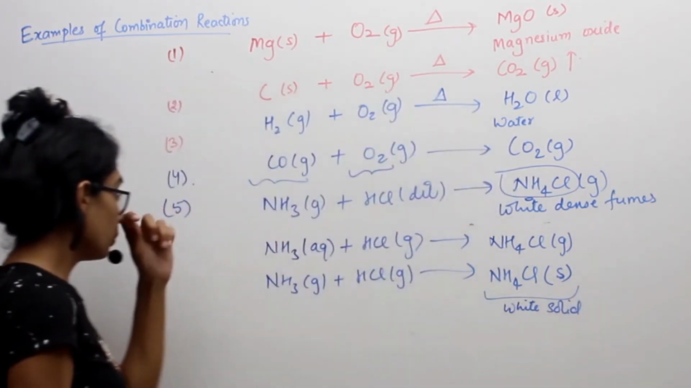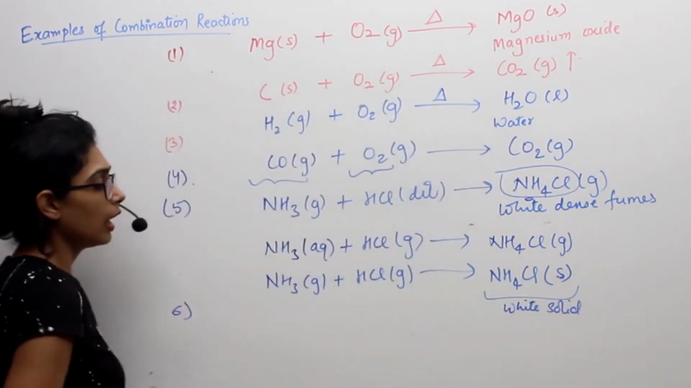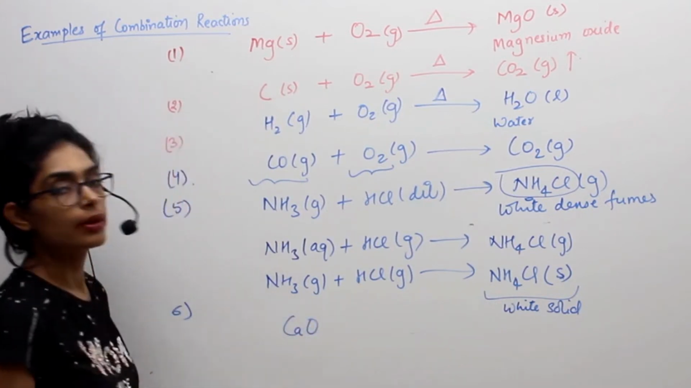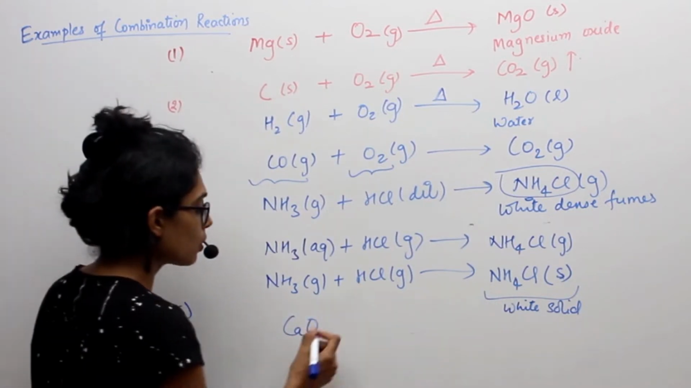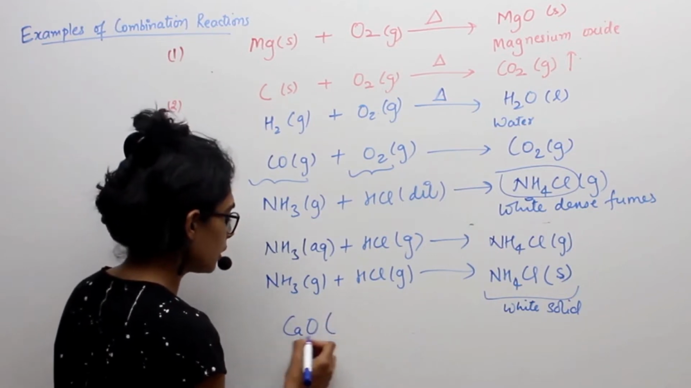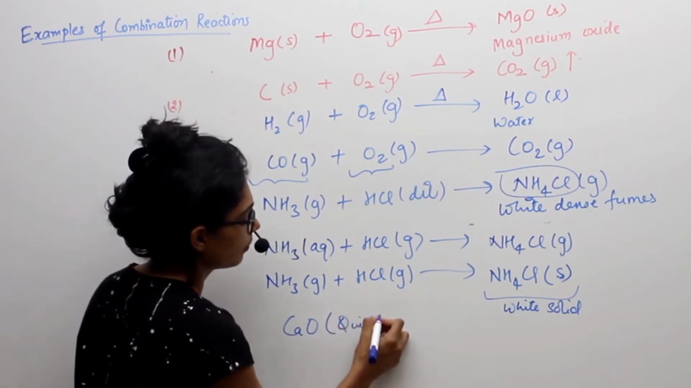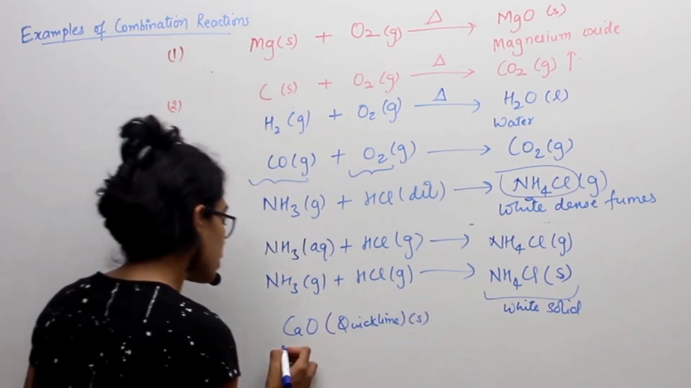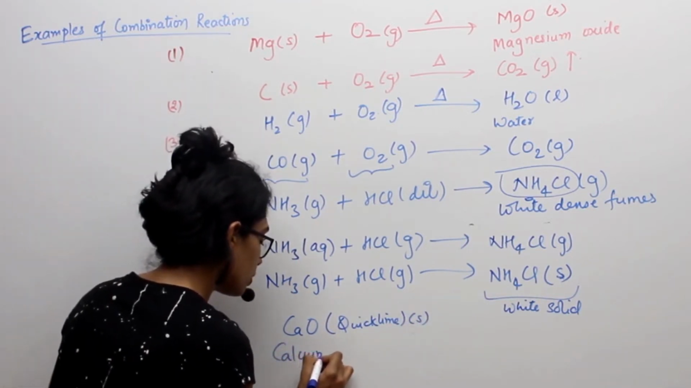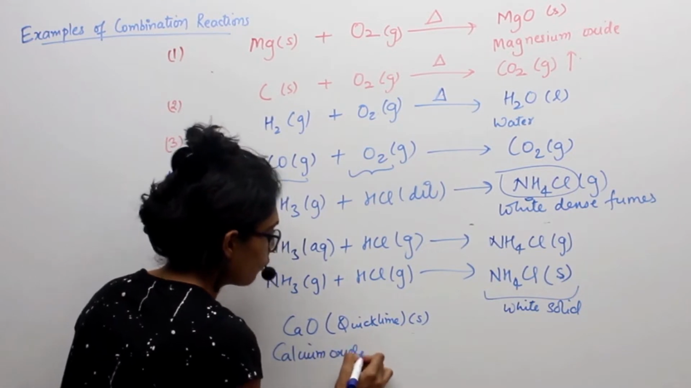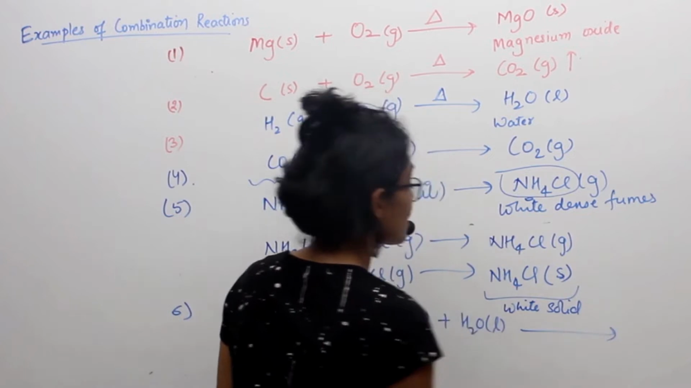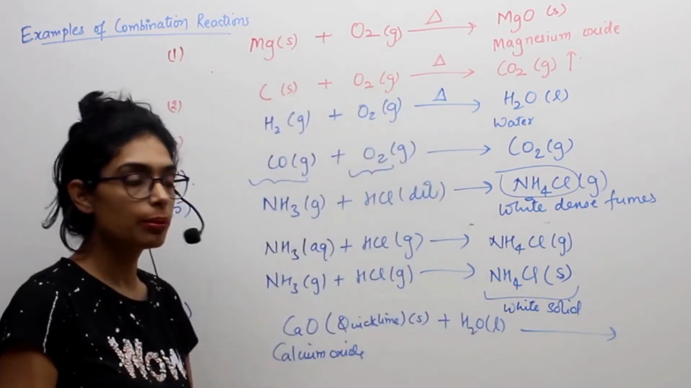Okay, a few more examples. I had given you in the last class also that if you take calcium oxide, what is calcium oxide called? Calcium oxide in general language is called quicklime. It's a solid. Otherwise it is called calcium oxide. If it reacts with water, that is liquid, then this reaction was an example of an exothermic reaction,